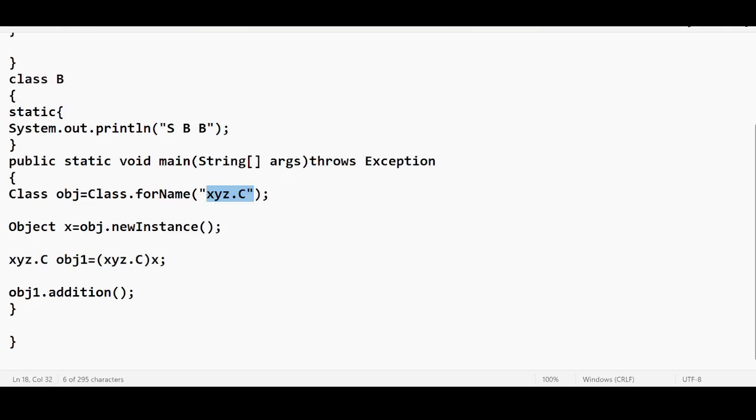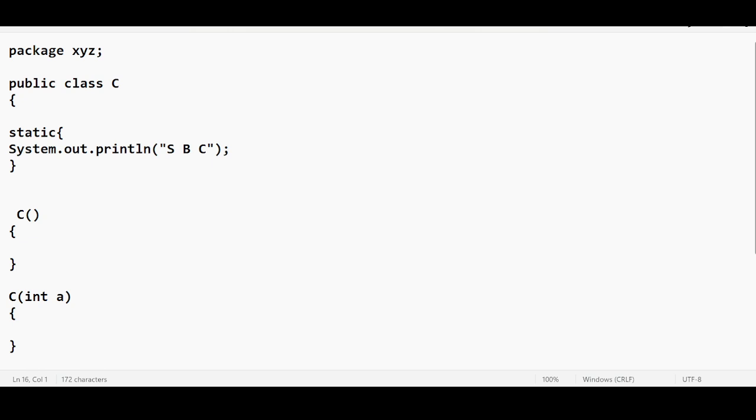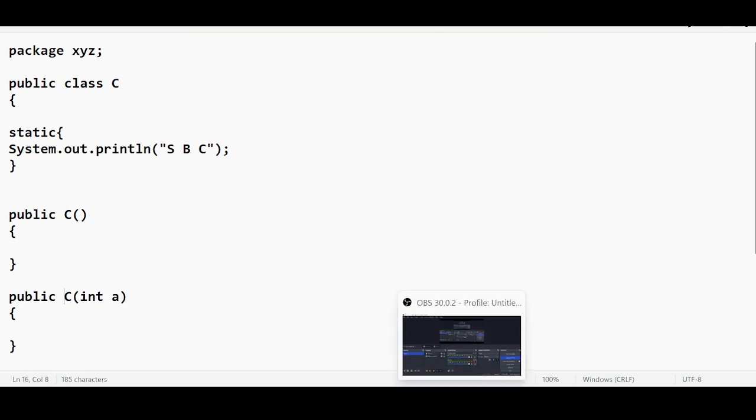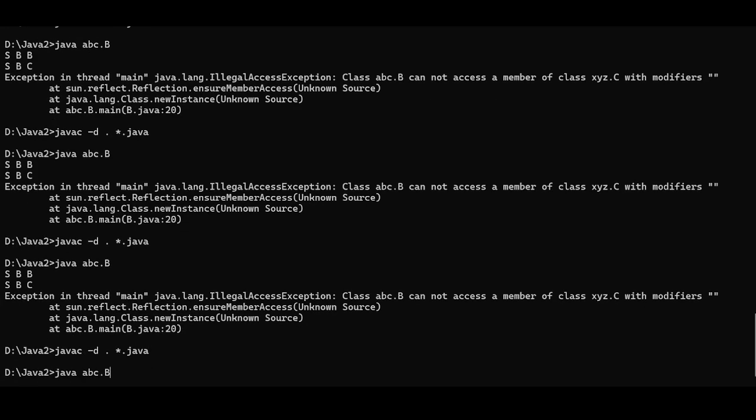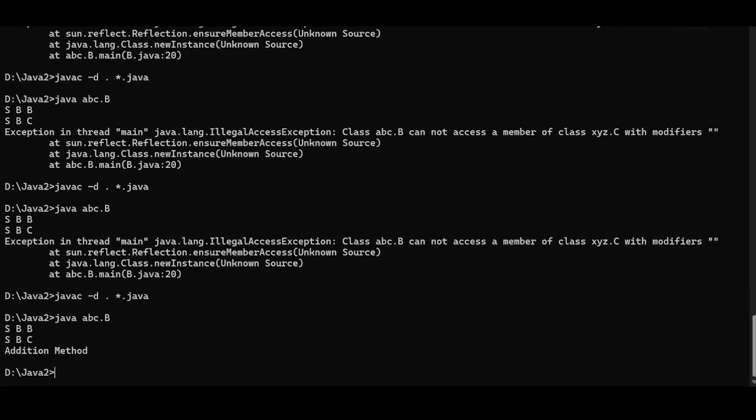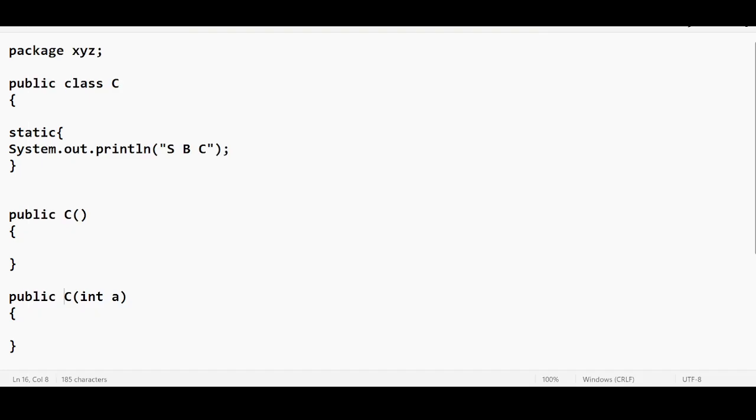This is part of B package and this is part of C package, right? So default is not accepted. Let me keep public itself. Let me keep the addition method. So it should be the no argument